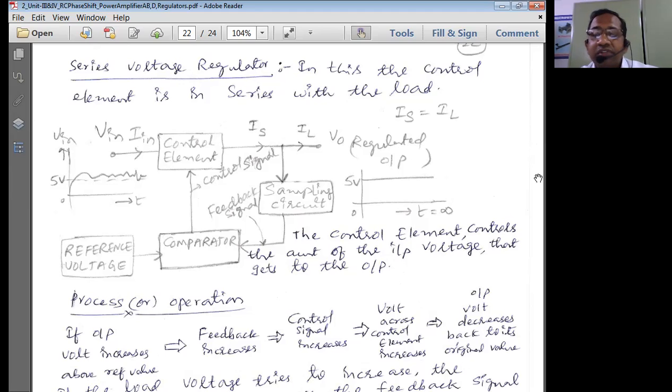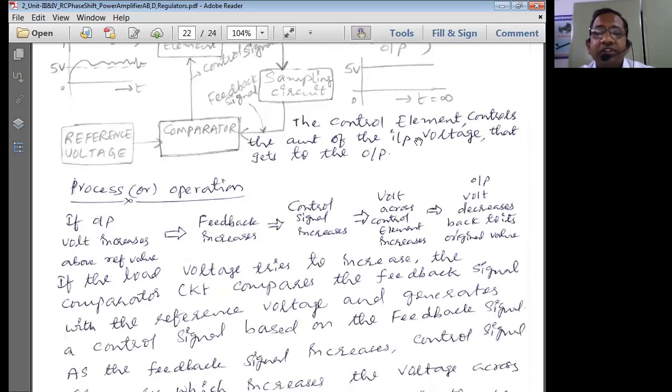If you use only a simple rectifier circuit, the DC output voltage of the rectifier with filter is going to change if the input voltage changes, within a threshold of course. But still, that change is not acceptable for electronic gadgets to operate. Therefore, we can use this series voltage regulator.